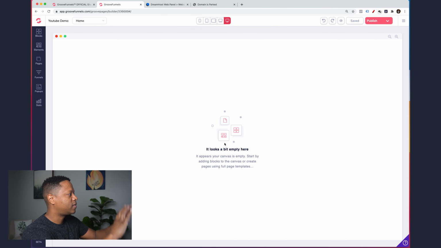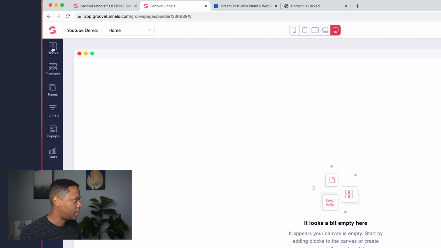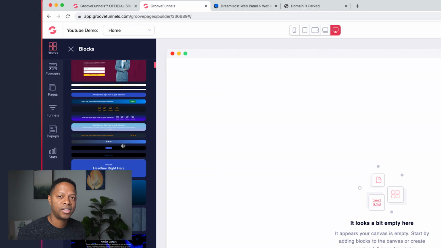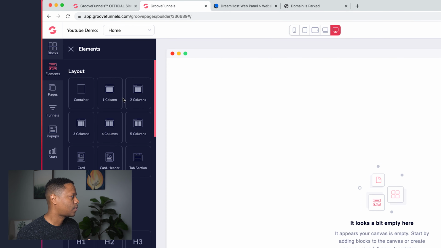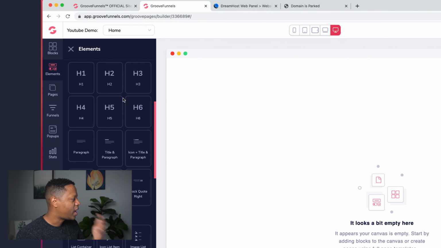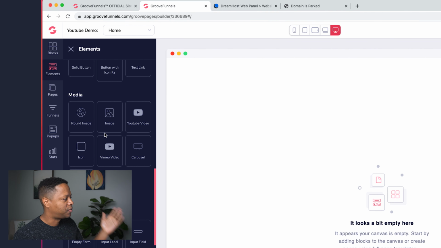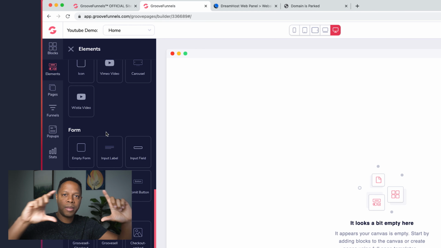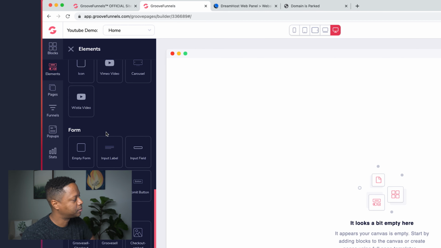Now that we have this new screen, you can see that it's updated. Let me just give you a quick overview of what you can do. There are blocks you can add to a page, which is right here. If I open it up, it'll give you an example if you want to start from scratch. We're not starting from scratch. Then there are elements that you can add. Elements are different types of headings, different types of lists, different types of media, forms, all those types of things. So you have a block, and then within that block, you can put different elements.